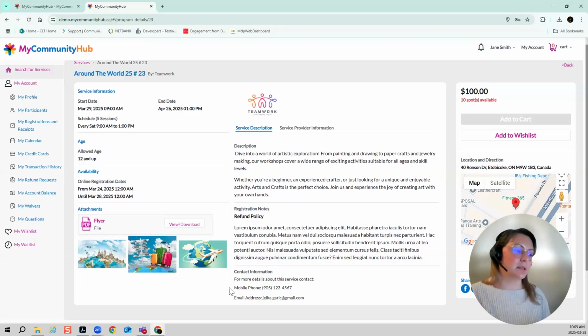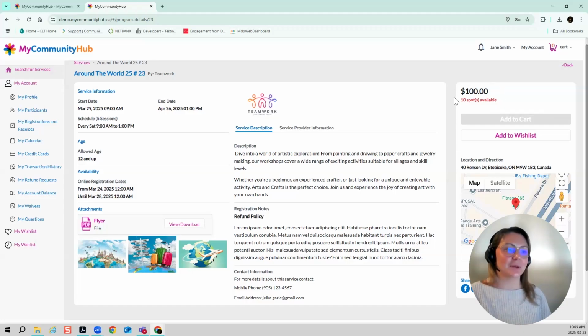And then of course we have the ability to add a contact, so a specific contact for each and every program that we have. It's an optional field. You don't have to put it in. I do say that it is very helpful for us because if we get a question about the program that we might not have an answer to, we know exactly who to turn to try and get that answer for the customer. So it is a lovely thing to add.